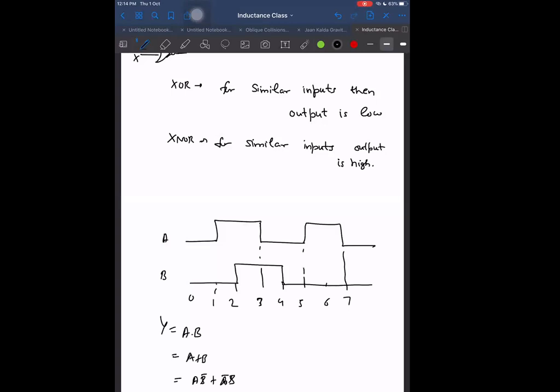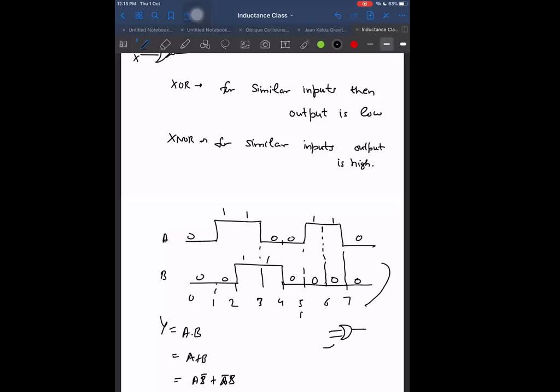They may give us that this is the gate, and in this gate we are giving one input waveform as this and the other input waveform as this. What will be the output waveform obtained? We can obtain the output waveform easily because low means 0. This lower one we will take as 0, and this is 1. So 0, 0, 1, 1, 0, 0, 1, 1. Here there are two intervals, so each interval I am representing separately as 1. And here 0, 0, 0, 1, 1, and the last 0 here.